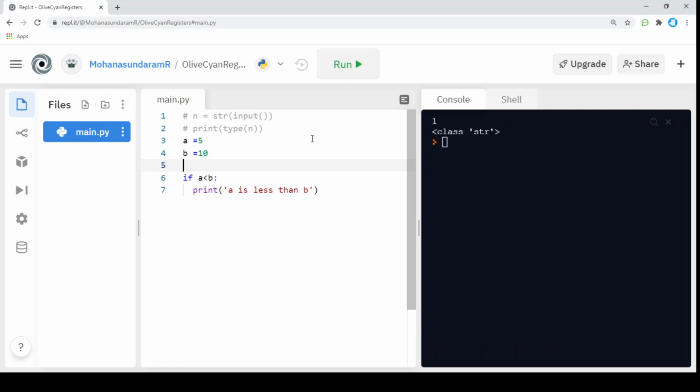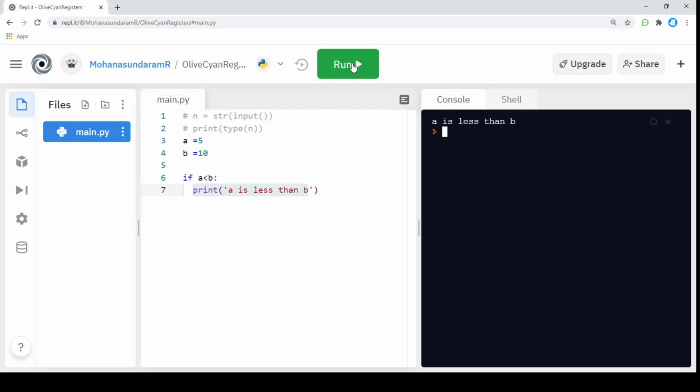This is a basic syntax of creating a conditional statement in Python using an if alone. What I'm saying is, if a is smaller than b, print this statement. The condition given is a is greater than b, and the print statement to be executed after the condition is true is this. If I run this code, you see that if the condition is satisfied, automatically this code has been run.